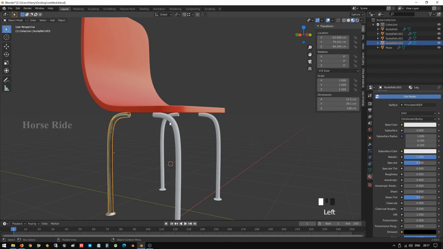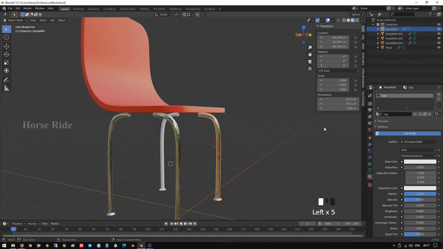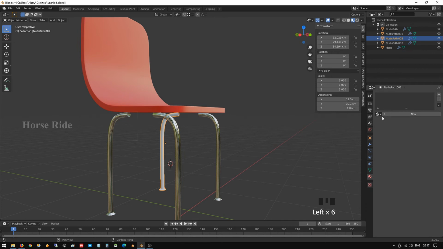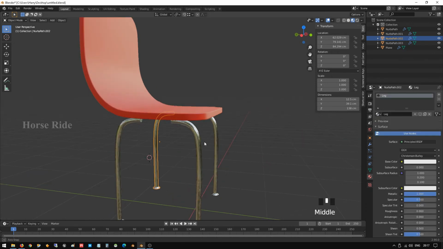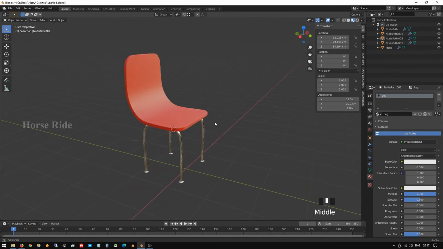Yeah, here we can see. Select this using the shift key, select all the materials and select the leg. Okay, do it one by one, it's not happening at the same time. Okay, let me do it one by one. Yeah, here our simple chair is ready for putting in the view.